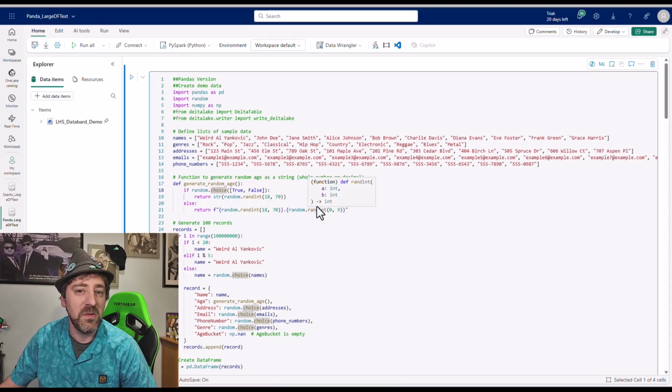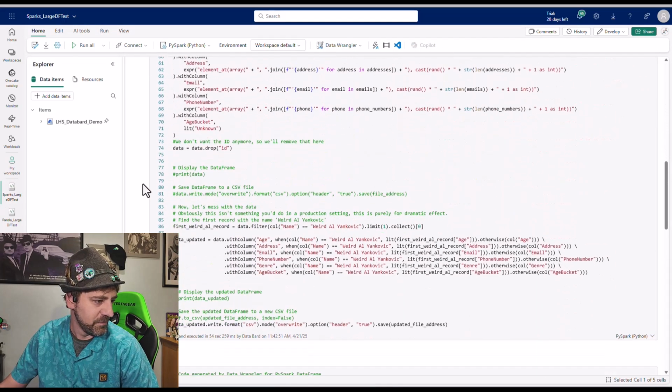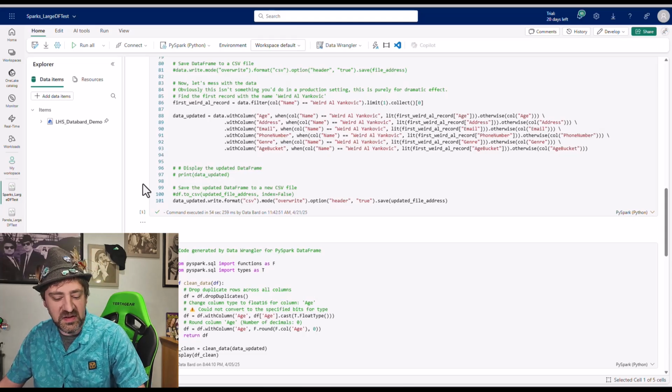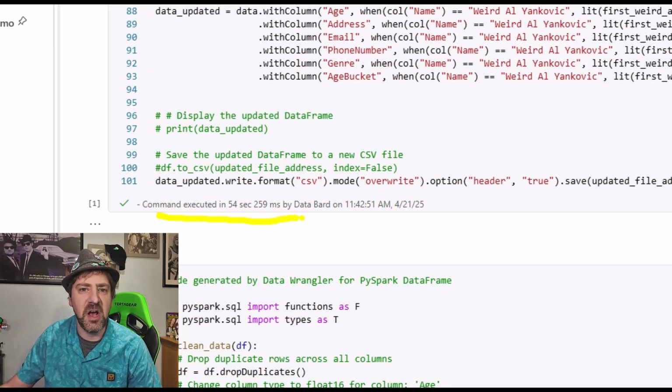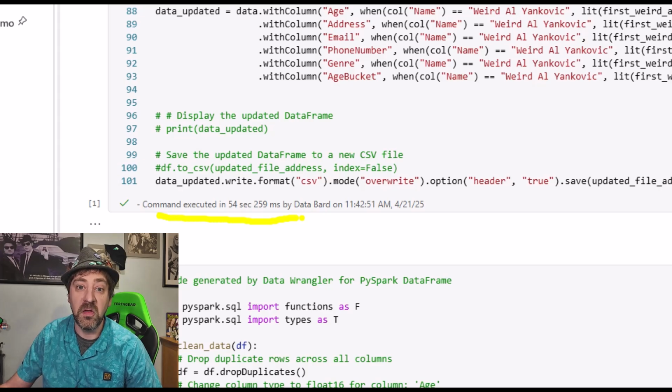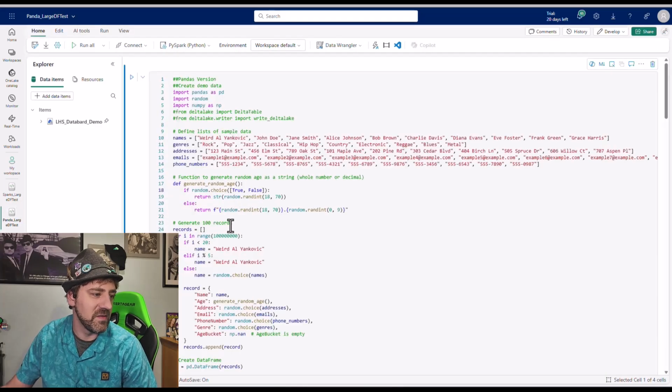Well, what do we expect in terms of performance? I'll show you the numbers and then let's explain. So, when running this process with Spark, I get a processing time of 54 seconds, just under a minute to generate 100 million records and put into a CSV file. When I look at the comparable processing time for Pandas,